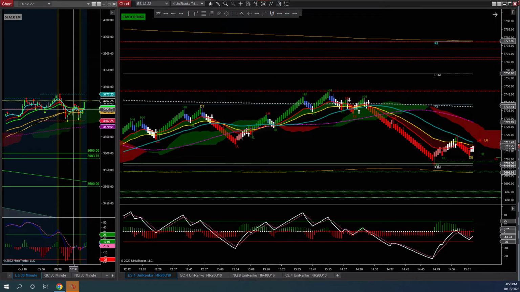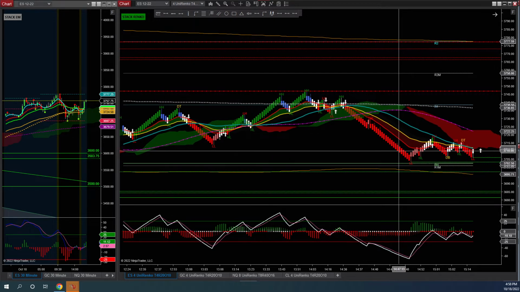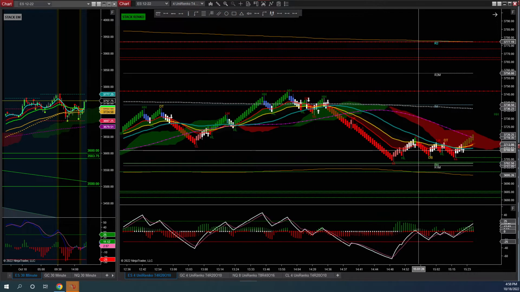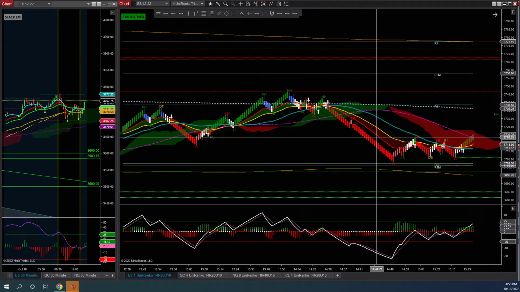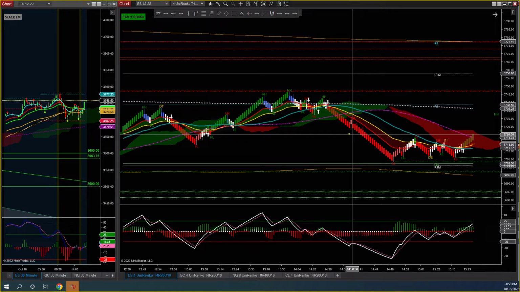Right here it's around 3 p.m., so it's a little bit late already, but there could be a reversal if you wait for it. Very choppy in this area, and then it started to move to the upside. You're breaking this right here. No, right here. You're breaking out of this